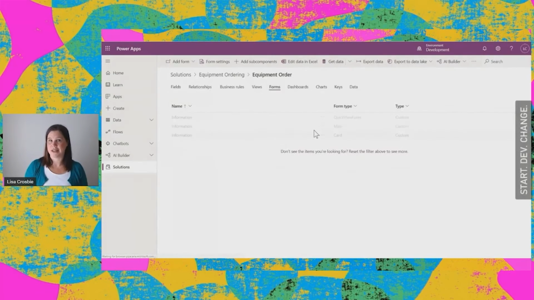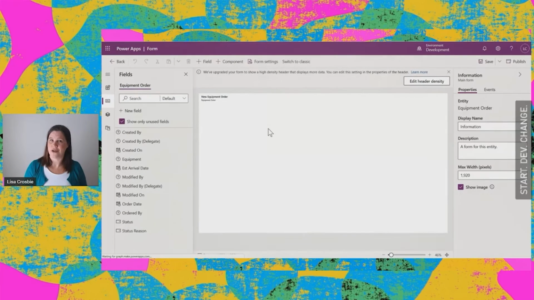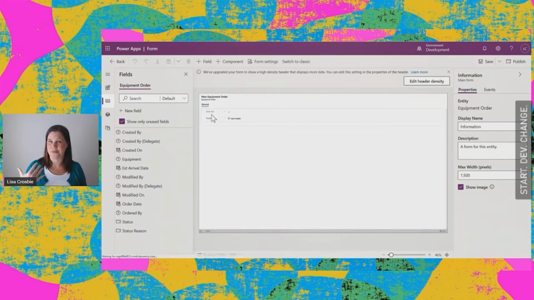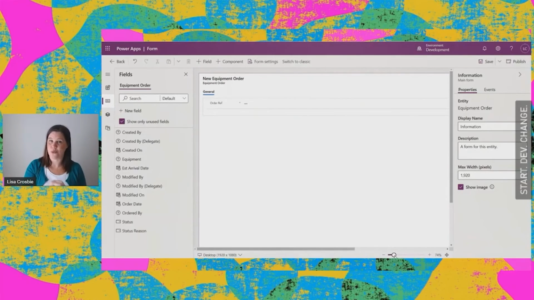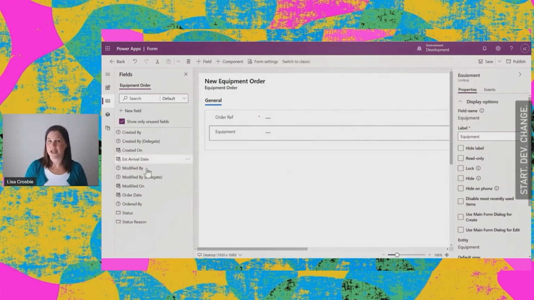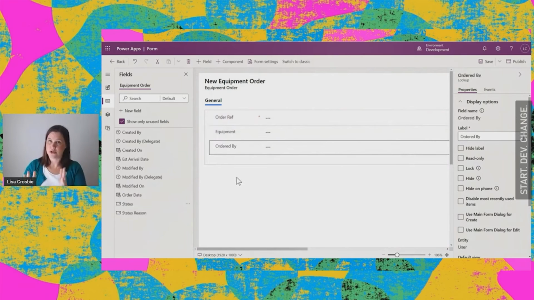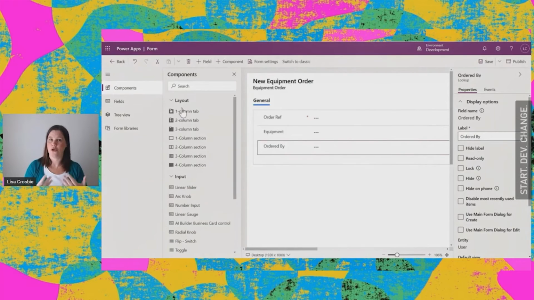We are creating a data model here that tracks equipment, pieces of office equipment. This is like a little catalog of equipment. We've got an entity that is for the orders, and that is related back to which piece of equipment it is. It's related back to which internal user actually placed the order. And we are doing a component-driven design on views, which is the list view, the column view of how you view those records, and the forms, which is when you open one up, what do I see on the screen?